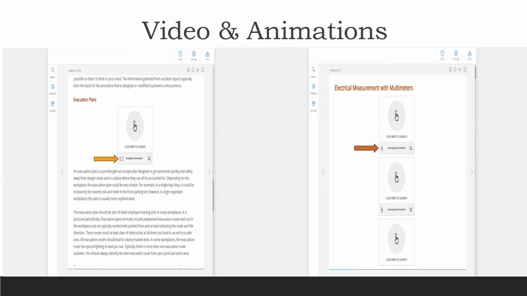Now inside each chapter, you're going to have videos and animations to help you understand what you've just read a little bit better, because some of us are more visual, some of us are more hands-on, and some of us just read it and figure it out. So here we kind of got the best of both worlds. We can read it, and then we can also watch a video to see exactly what we just read